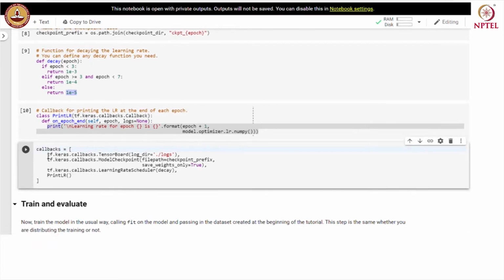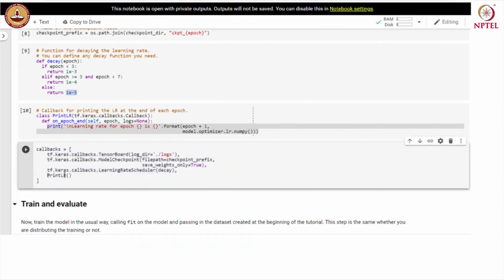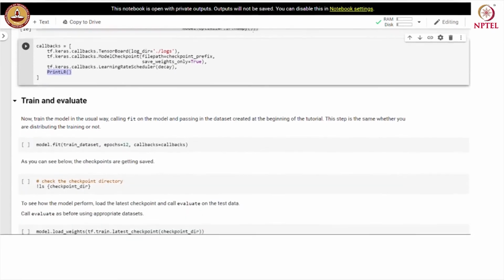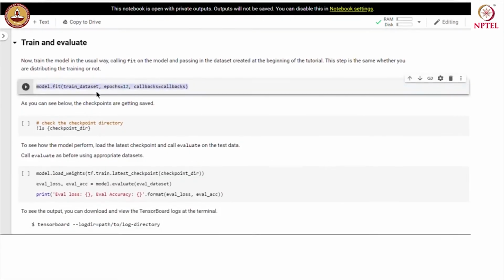We have used 3 inbuilt callbacks and we have implemented one more callback for printing the learning rate at the end of each epoch. We train and evaluate the model exactly like we were doing before. So, we call the fit function on the model.